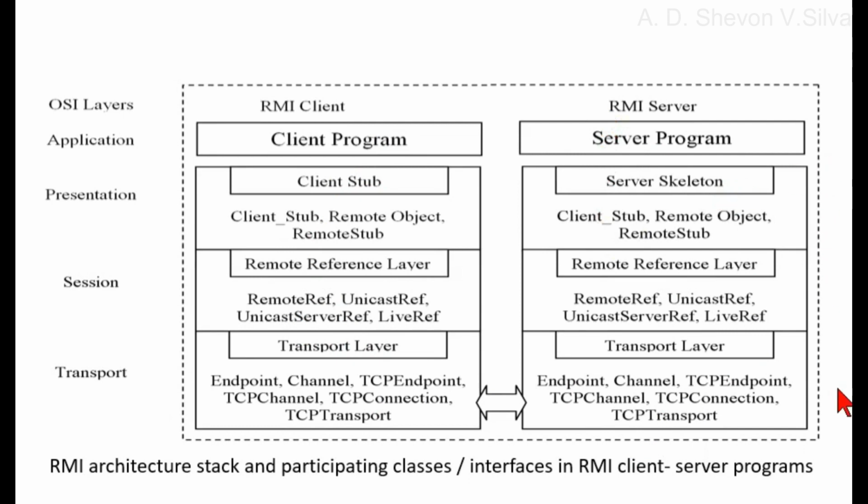As RMI is an action of invoking a method of a remote object from another address space, JVM, or machine, its characteristics differ from local method invocation. We analyze the characteristics which differ in local method and remote method invocations and how RMI implements these characteristics. The RMI architects try to make the use of distributed Java objects